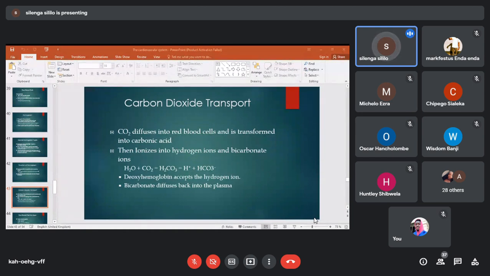But how do they transport it from the tissue? They don't transport it as a carbon dioxide molecule. What happens? It will diffuse. When it diffuses, hydrogen is added to make it a carbonic acid. Once it has become a carbonic acid, this carbonic acid will ionize. It will give you a hydrogen ion and a bicarbonate ion. So the hydrogen ion is going to